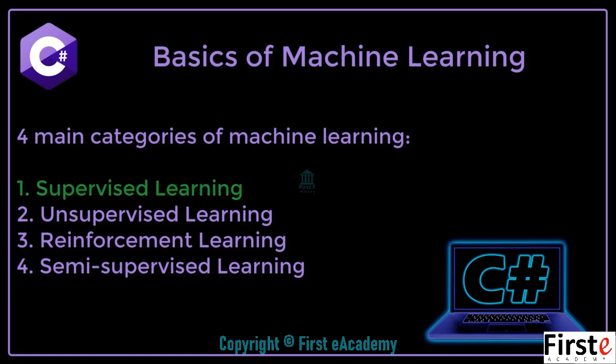Supervised learning is when an algorithm learns from example data and associated target responses. Unsupervised learning is when an algorithm learns from only examples with no sample responses. The algorithm determines the data patterns on its own. Reinforcement learning is when we give the algorithm positive or negative feedback based on its predictions that it uses to improve the accuracy of its future predictions. Semi-supervised learning is when we use a training set that has many of the target outputs missing, so it is a mix between supervised and unsupervised learning.